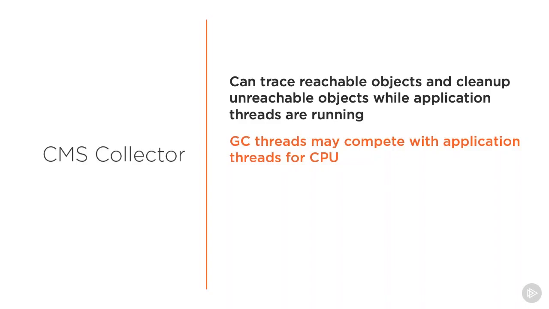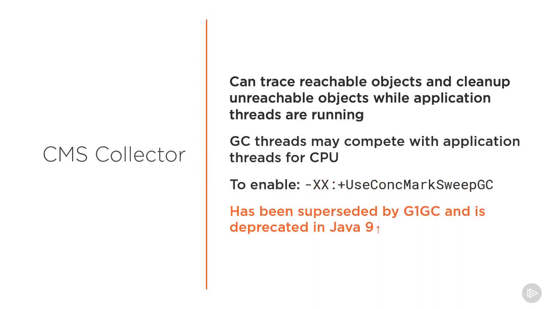Therefore, a CPU-bound application may see a reduction in application throughput when GC threads are running. To use the CMS collector, pass the +UseConcMarkSweepGC flag to the JVM. However, you should note that G1GC, which is the newer JVM concurrent collector, has been pegged as a replacement for the CMS collector, and since Java 9, the CMS collector has been marked as deprecated and will eventually be removed